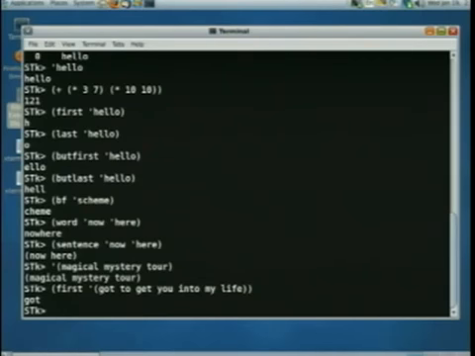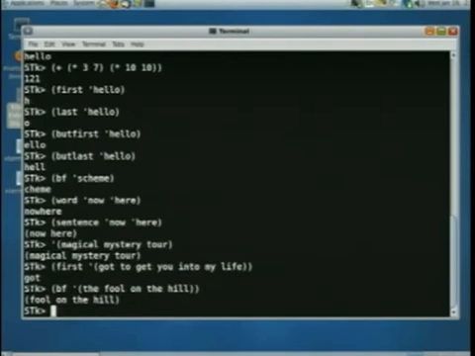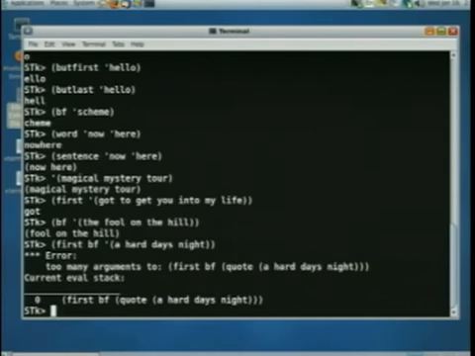First, but first, last, but last, applied to sentences, carve out pieces that are words. So, but first of all but the first word. And these can be composed also. So I can say first of but first of